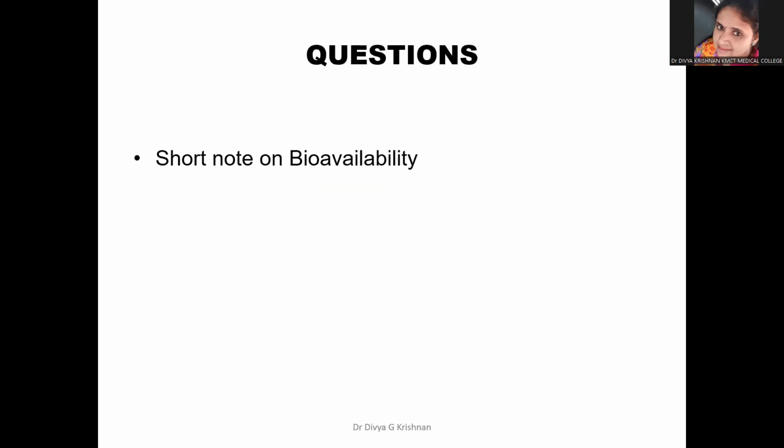So the type of question that you're going to get from this chapter is mainly a short note on bioavailability. And whenever you are writing a short note on bioavailability, you have to write the definition of bioavailability. Two definitions I have given you. Then the next one is you have to draw the graph, plasma concentration time curve, and show the rate and extent of absorption. And then you have to define absolute bioavailability, relative bioavailability, show the bioavailability by different routes, IV route, oral route, subcutaneous, and other routes. Then discuss the different factors affecting bioavailability. This is the content for the short note on bioavailability.